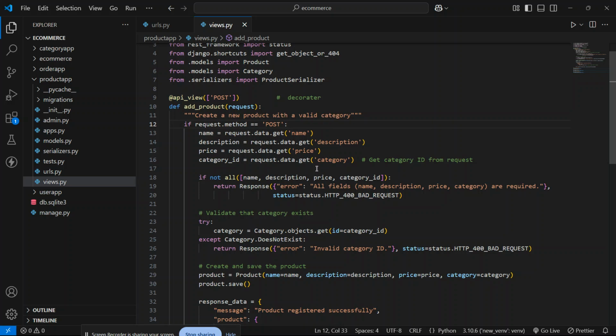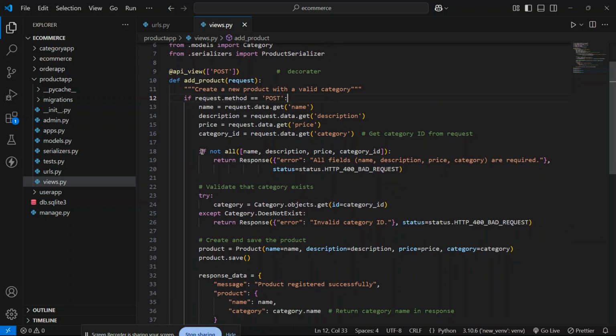It will fetch the category ID from the user and from the category table, because category ID is the foreign key for the product table. After that I perform another condition which checks whether the name, description, price, and category ID are present or not. If all the values are present, then it will go to the next part.